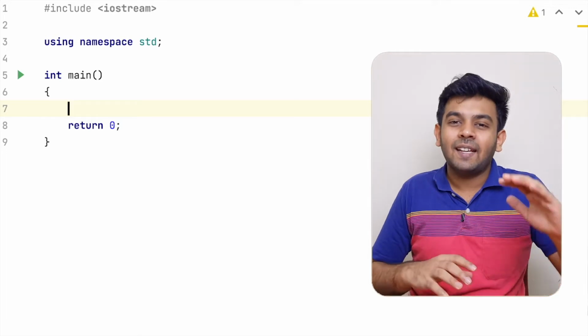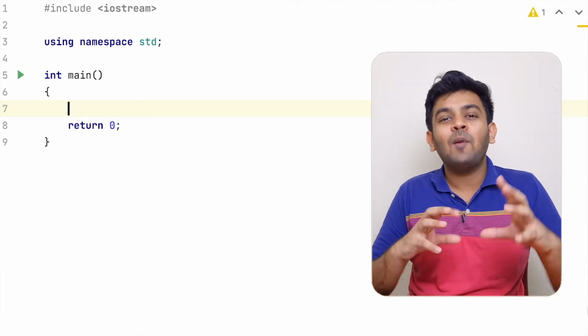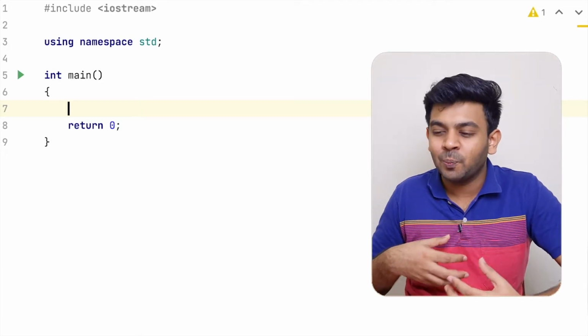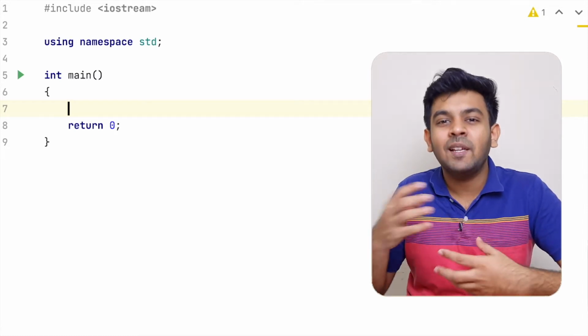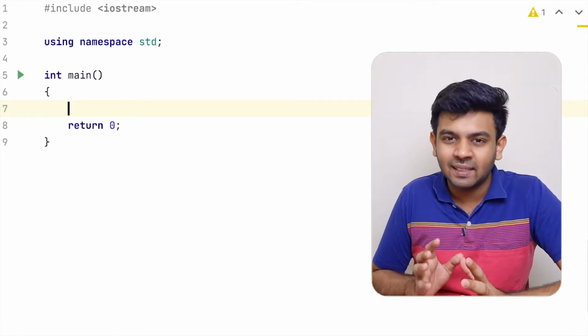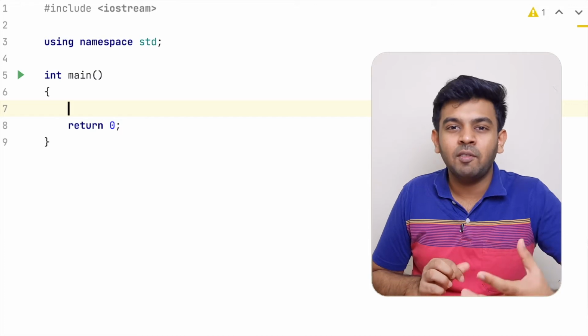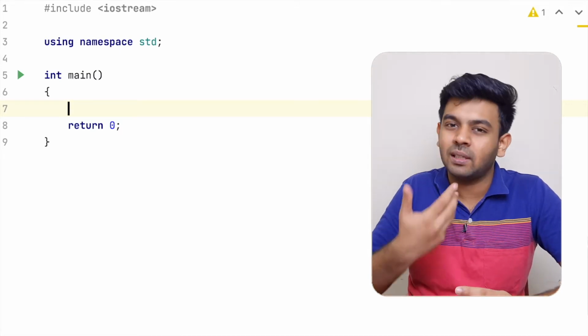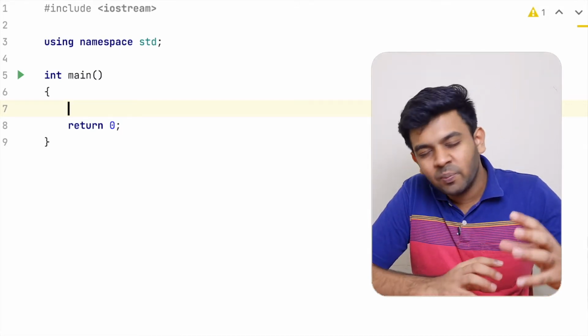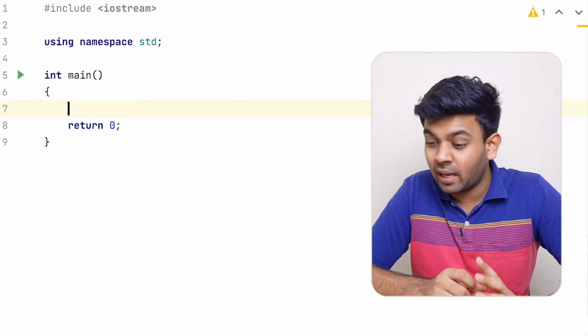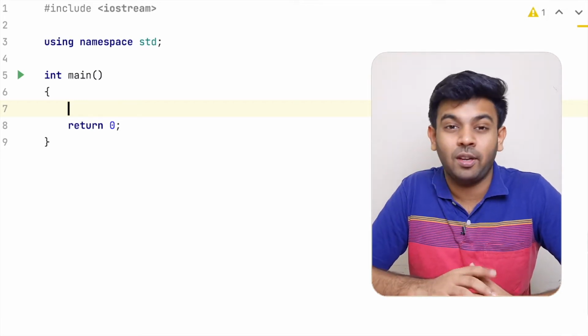I'm typing this in every single video, not to bore you to death. I'm just telling you that in the beginning stages you have to write the entire program for you to get yourself familiar with these things and type it faster. Even in interviews you have to type the full code in certain cases. So getting faster in typing is really good, and that is what we are doing right now.